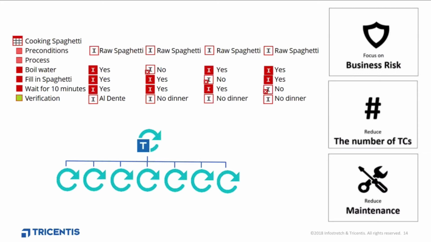And based on this straight-through now, we adapt one parameter at a time until we reach the maximum coverage possible. And this all happens at one central place and can be populated into hundreds of test cases afterwards with a single click. With this approach, Tricentis Tosca will keep the overall amount of test cases low while maxing out your test coverage. This logic will help you to be faster and more consistent when building up your test case specification. And of course, it comes with some other benefits, such as it gives you the possibility to really focus on business risk instead of simply the number of test cases.